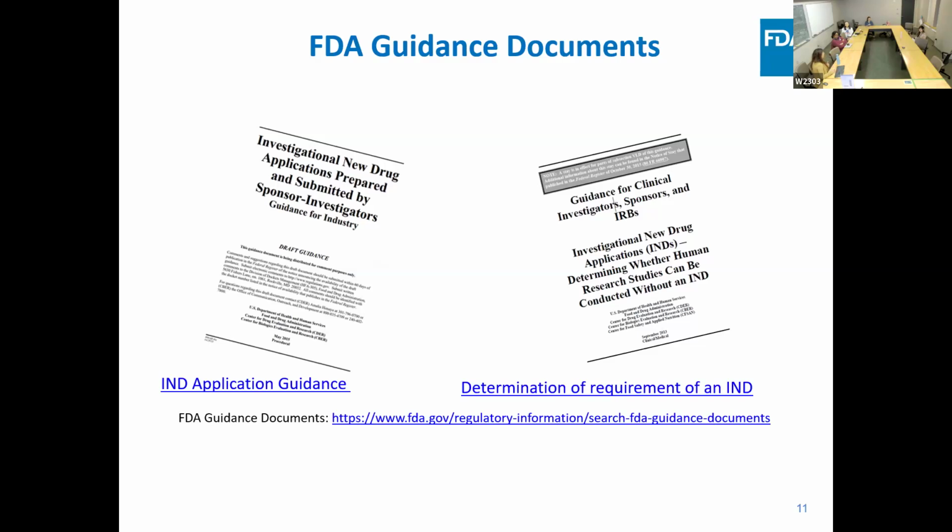So I work in the Division of Hepatology and Nutrition. We have several guidances around what we expect endpoints and trials to look like in liver diseases. Again, these are all publicly searchable. You can just Google FDA guidances, click the first link, and then type in what you might be curious about. And it'll show you even things related to your search. So even if you don't have the exact search terms, these are really helpful.